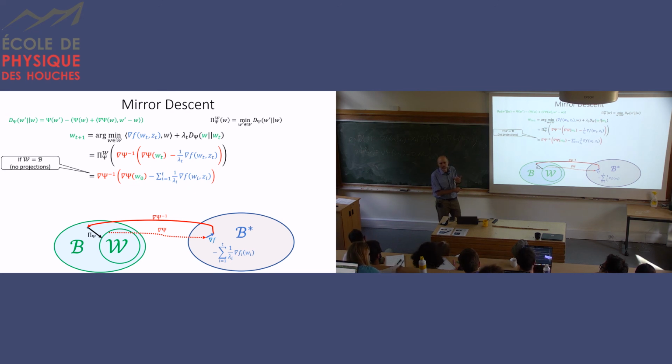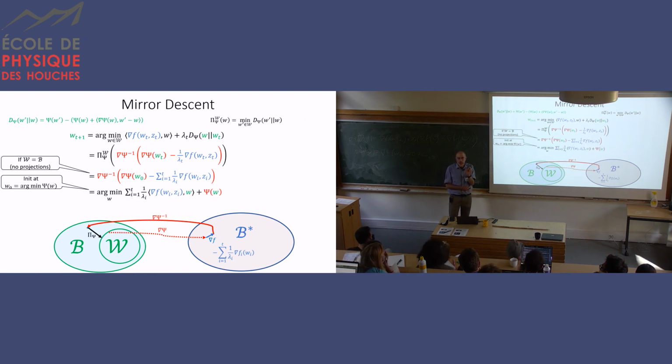If you take the initial point so that it corresponds to the origin in the dual space, so that it's the minimizer of your regularizer, which is a reasonable choice, right? We talked also last time. You frequently want to start the optimization from the simplest model. If you think of psi as your complexity measure, the simplest model is the minimizer, and so the gradient is 0. Okay? This term drops, and you just get that each iterate is the inverse link applied to the sum of gradients,